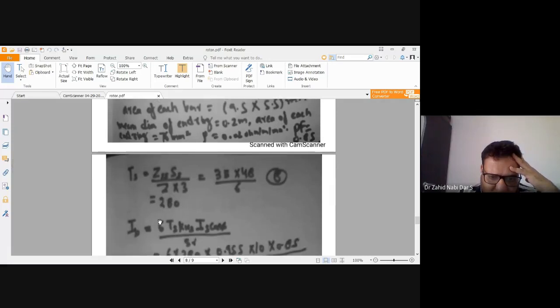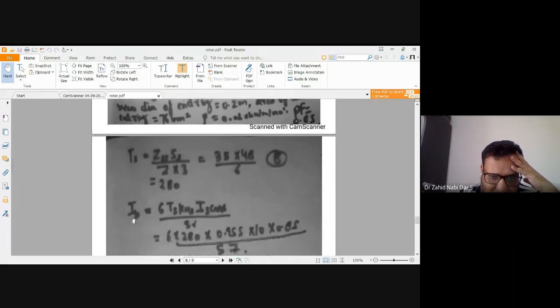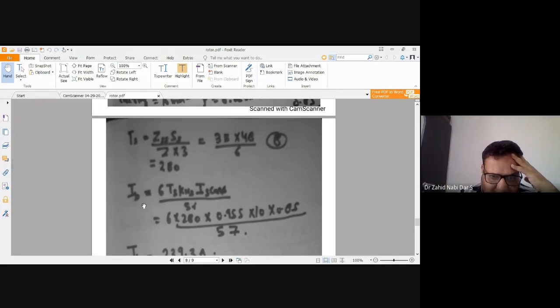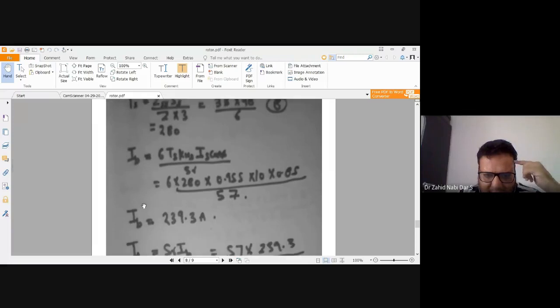You got this value. Now you want to see what the current is, what the ampere turns are. The loading of the current in the bars would be equal to 6 times Ts kWs Is cos phi divided by SR. We saw this formula in the previous class when we were talking about the bar current. You can go back to the previous PDF and refer to it. The derivation you also have to keep in mind,